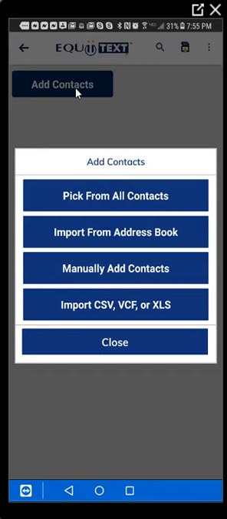We have some options here. We can pick from all the contacts on your device. We can import from the address book, also on your device. We can also manually add our contacts, that's individually adding contacts, or we can import a CSV, VCF, or XLS. I'm going to choose to import the CSV,